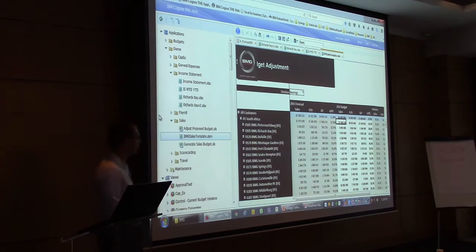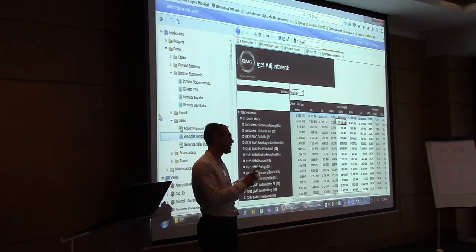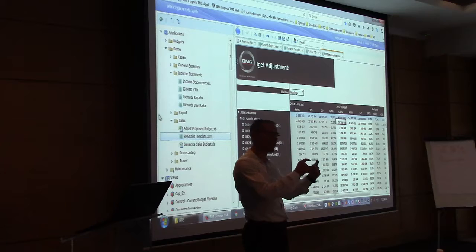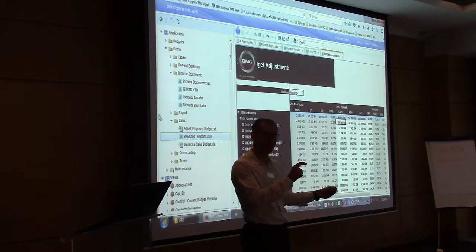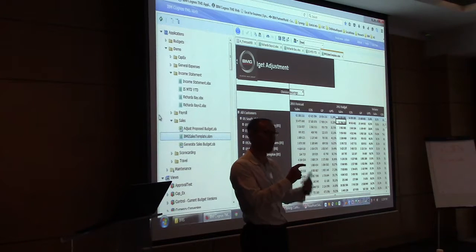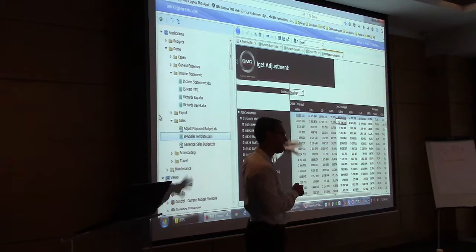You can build in action buttons. I don't know if you've used action buttons. They look like Excel macro buttons, but they're not. They're actually IBM buttons, and you can link processes to that. So that would be to do a fresh import or a copy version or create a new product or whatever. You can actually access them from here.